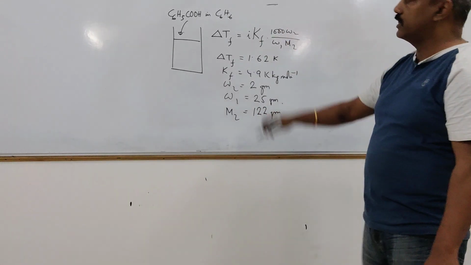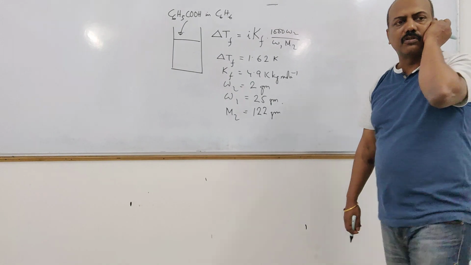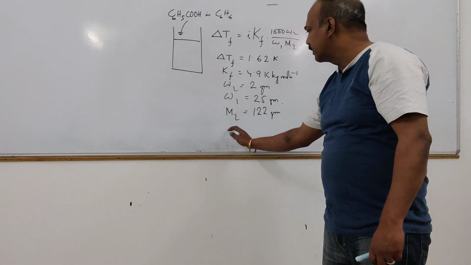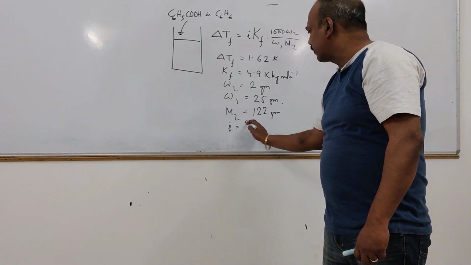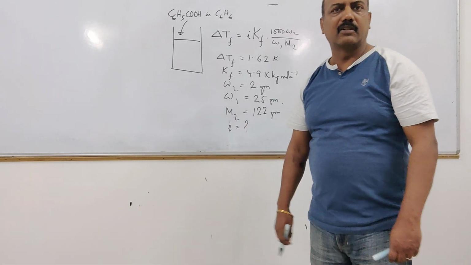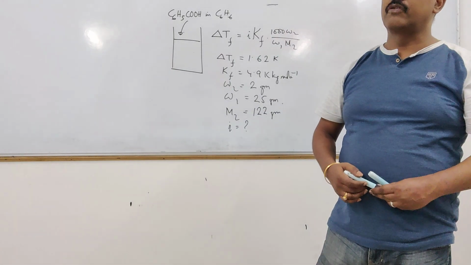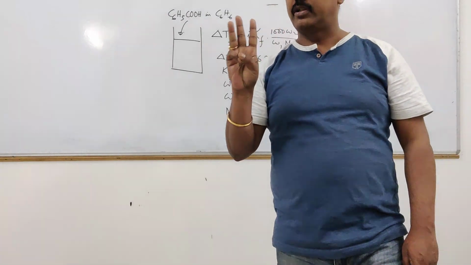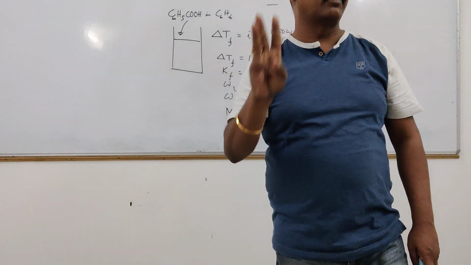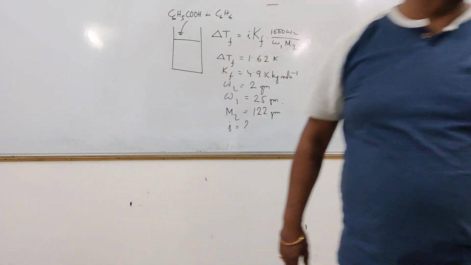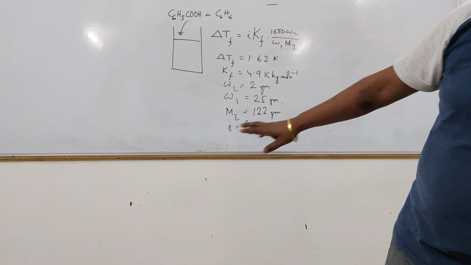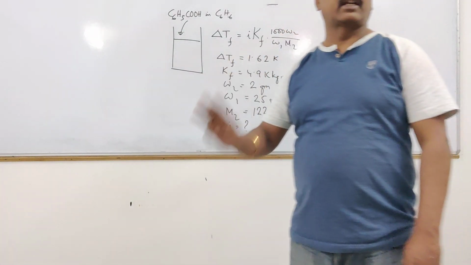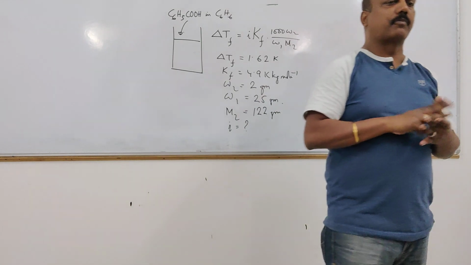In this equation, what is not known? Only i is not known. That's the first part of the question. You have to find out the value of i. One thing you should remember: whenever you find the value of i, find it up to 3 decimal points. You can use your calculator today. Just put the values and tell me the value up to 3 decimal points.